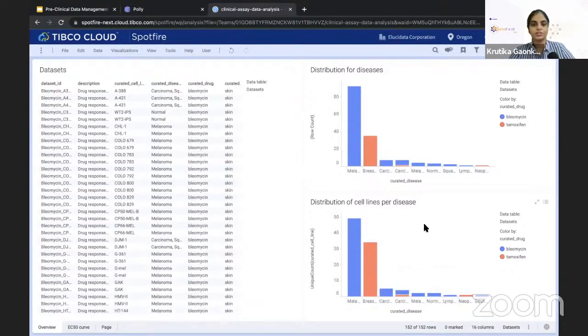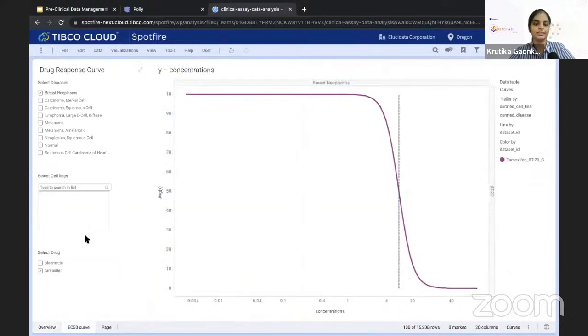And this is just an overview of the metadata, but the most essential part of any data is actually doing the analysis. And the status quo, or the traditional way to do the curve fitting, would be to open a file from your plate reader in Prism, do normalization, and then identify or plot the curve. But since we've automated this process and we've captured all the information at metadata level as well as data set